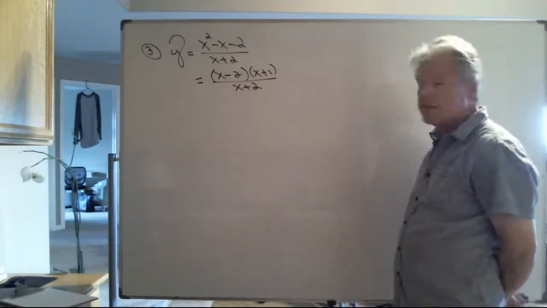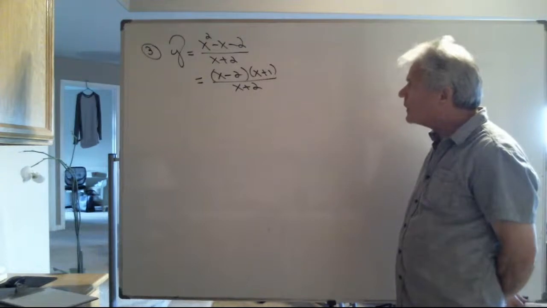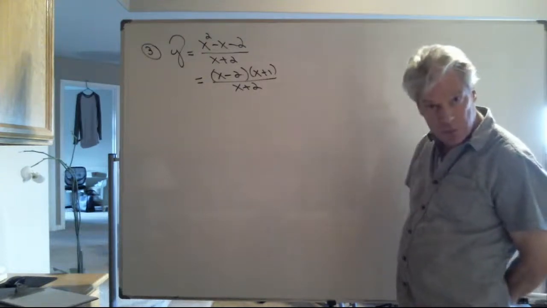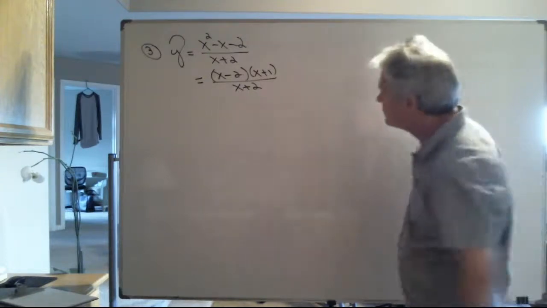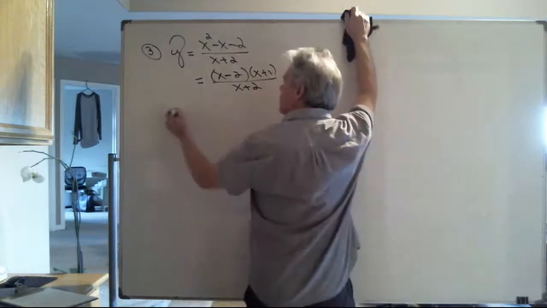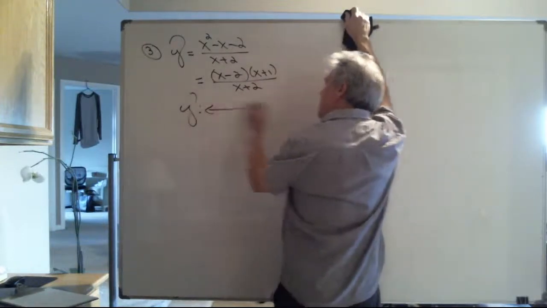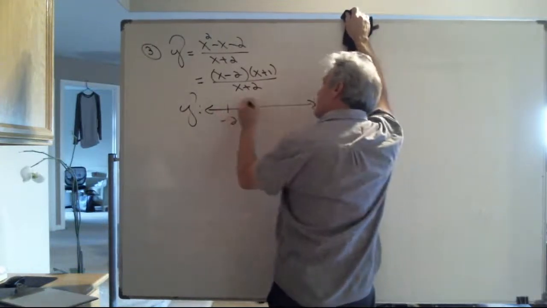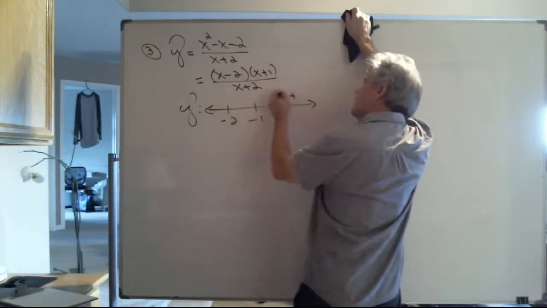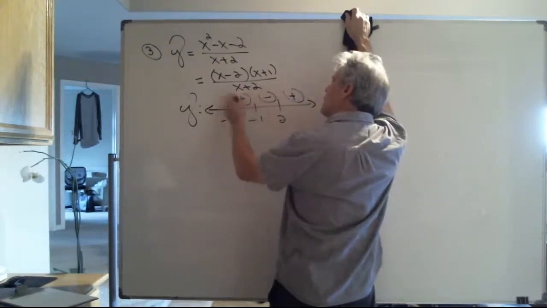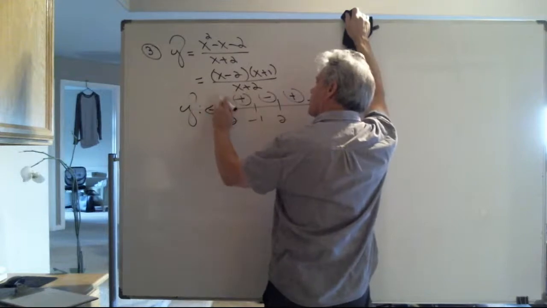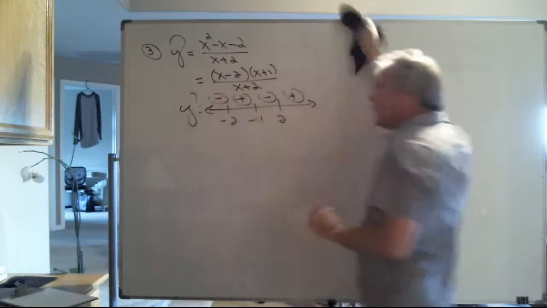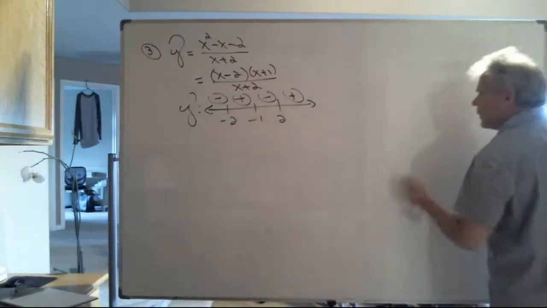identify locations of intercepts and asymptotes. Let's identify x-coordinates of local extrema, and let's not worry about concavity. So building a sign graph, I will plot the zeros of my numerator and denominator. I now know when I live above and below the x-axis. So again, without any tools of calculus yet, graphically speaking,